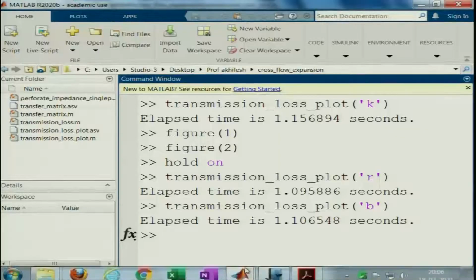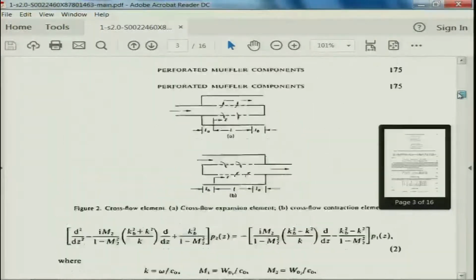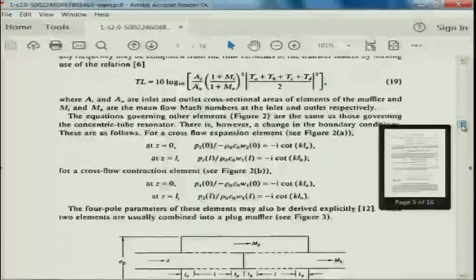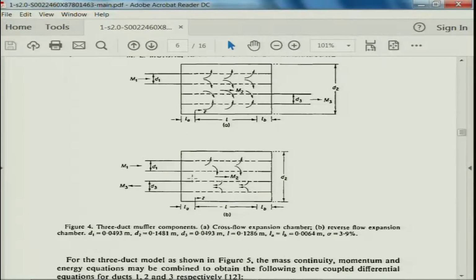Now, what we will do is analyze another configuration, which is called a reverse flow configuration. You need to bear with me for a minute before I get on with that configuration. This configuration is shown in this paper, also given in the book on ducts and mufflers by Munjal, and this flow goes here and comes here. The only thing that we have now is a rigid boundary condition here as well as here. For simplicity, we will consider a completely perforated duct, with no extensions, and make some suitable changes in our codes and analyze such a system.